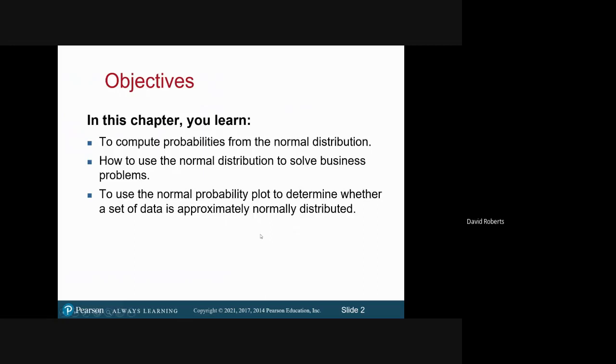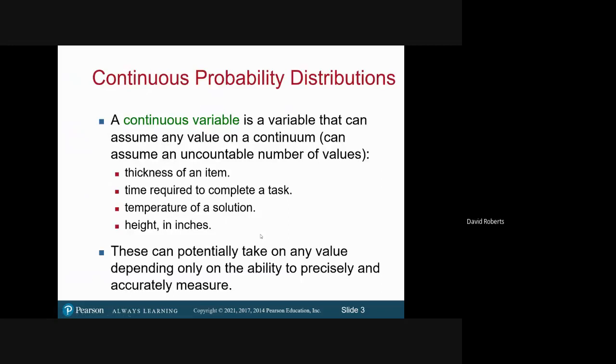We'll go through some of those as we go through the chapter. So you can use it for things like the thickness of an item, time required to complete a task, temperature, height in inches or centimeters. And you can use it for a very large number of potential tasks or